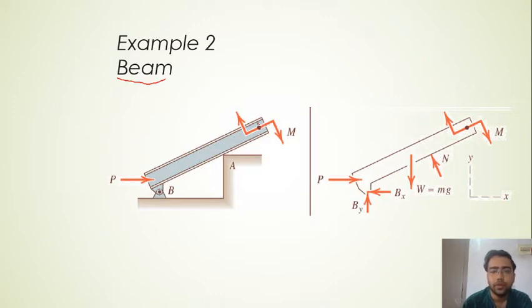As usual, what we are going to do first is isolate this beam from the foundation, then make an external surface, right? Afterwards we are going to show all the forces acting over this external surface. So two forces are already known. One is P, which acts on the beam in the positive x direction. After that we have one more.